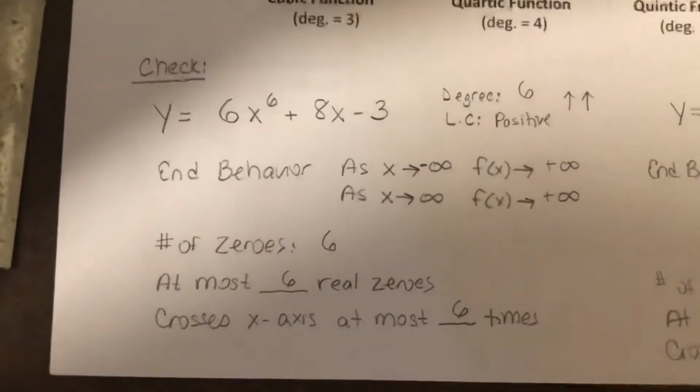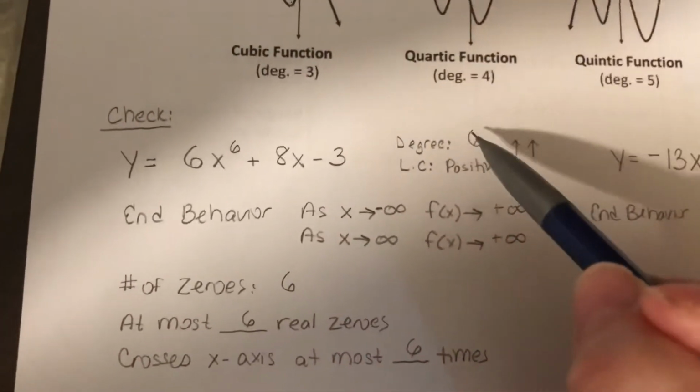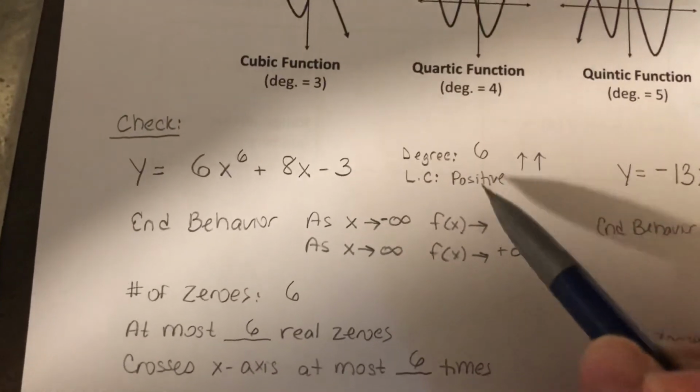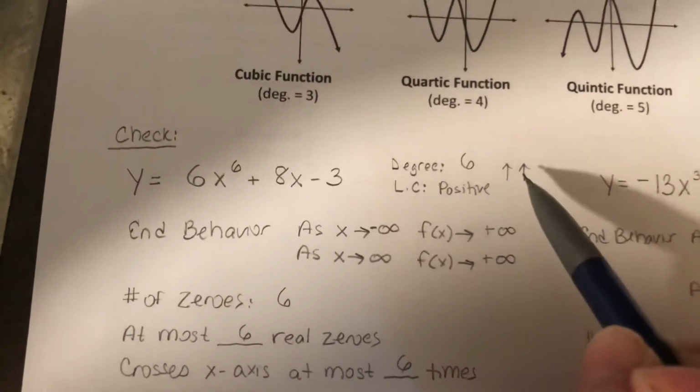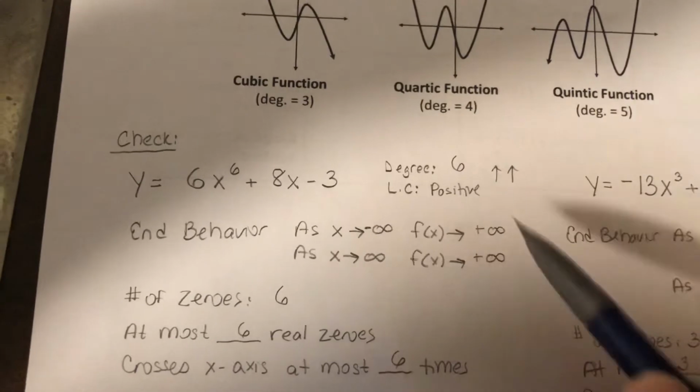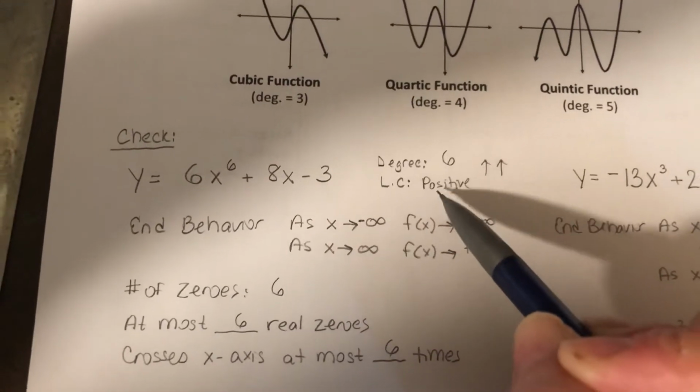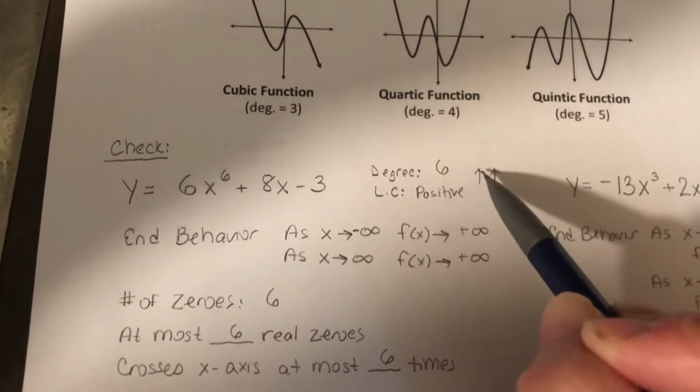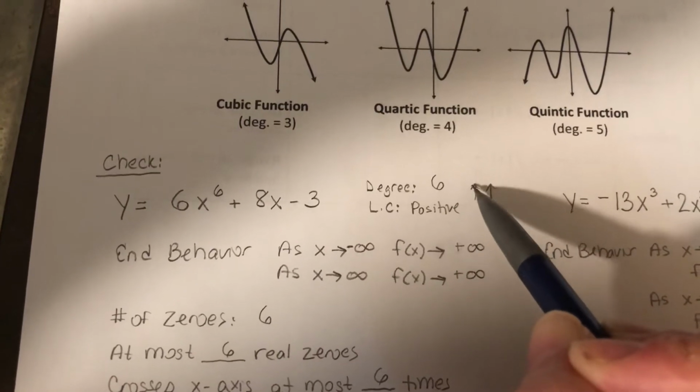Let's see how we did on this. So the first one here, the degree is 6. The leading coefficient is positive, and a lot of times I just like to make little arrows here to help me remember what to do when I put it in the correct notation. So since it's positive, it's going to have the same end behavior, and it's an even function, so it's going